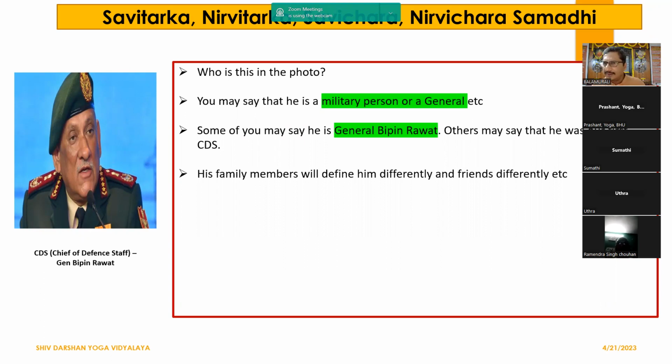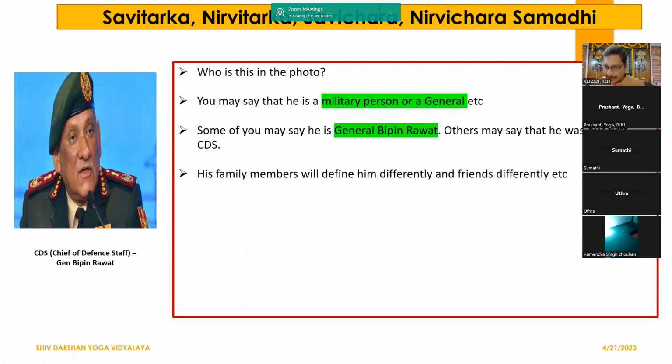The definition will be different, right? Our definition will be different. The family's and friends' definition will be different. But if we see him as a person, if my definition and the family's definition are put together, will it form the complete detail about this great person? Will it cover both? No, right? I can tell some part of him. As a family member, they will tell some part of him. As a colleague, somebody knows some aspect of him. But the person is different. If he is 100%, I can tell 5%, somebody can tell 5-10%,